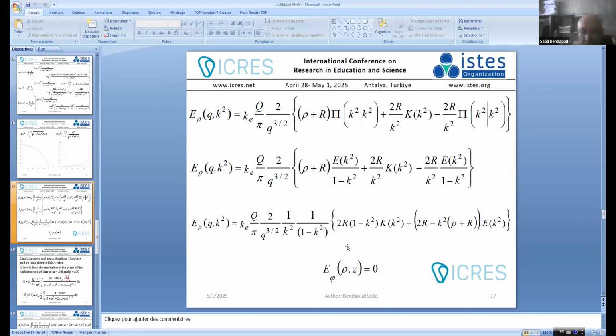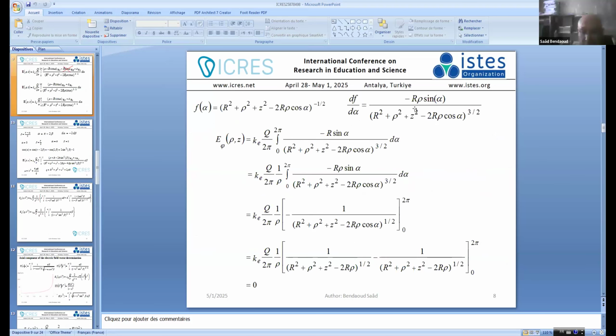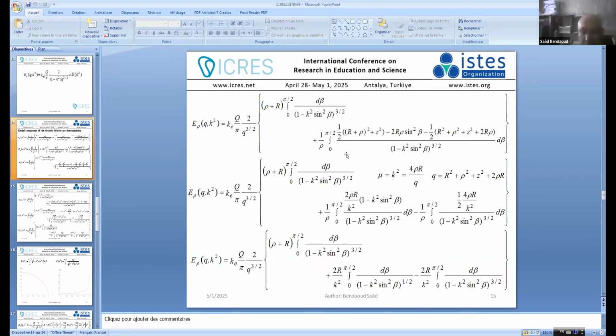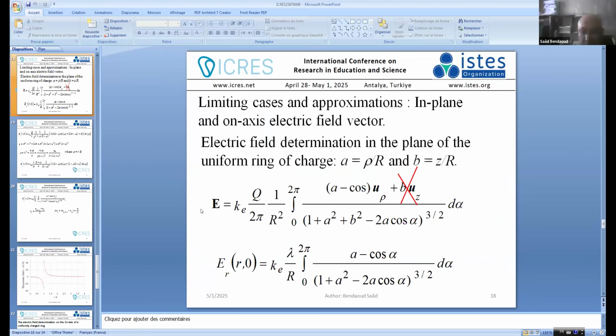Limiting case, we found in the plane that the expression of the electric field has a radial component, but the axial component is 0. And this expression is here. We make a discretization, and we put this in the computer. We find the plot of the electric field as a function